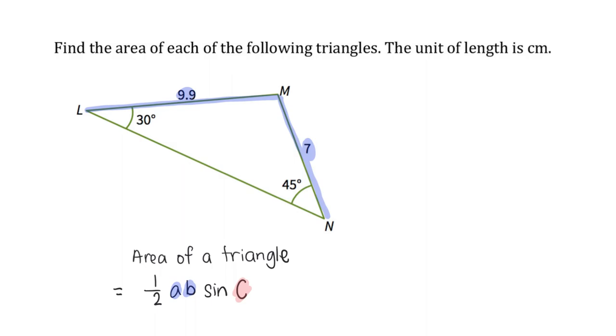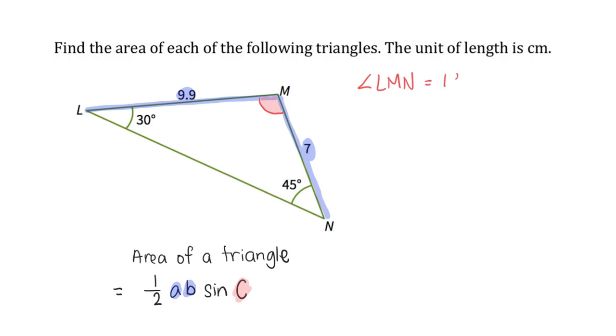And when I look at this question, then I realize that, hey, the angle that is made by these two blue color lines is actually angle LMN, which will be my included angle C in the formula to find area of a triangle. And so we should not and we cannot anyhow use other angle. This angle in this formula must be the included angle of the two sides. Okay? So in this case, I will then need to first find angle LMN,